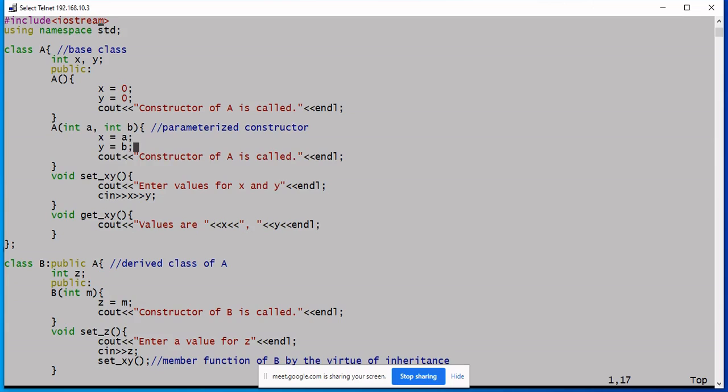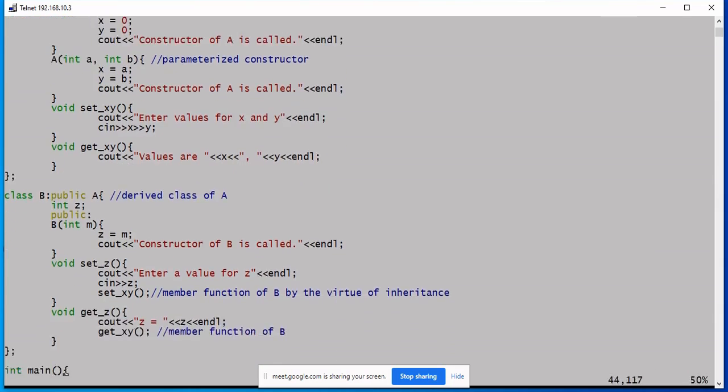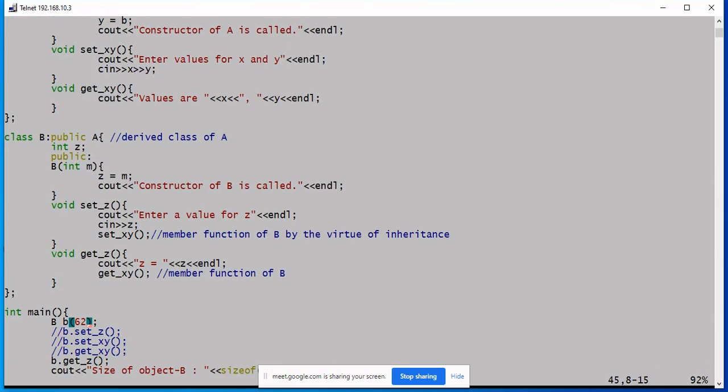So you need to pass 3 values at the time of creating the object. So you want this value for x, this for y, and this for z.